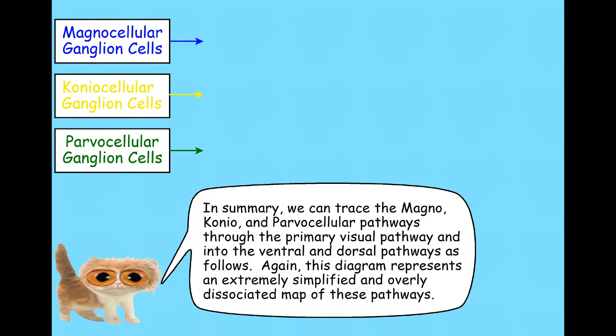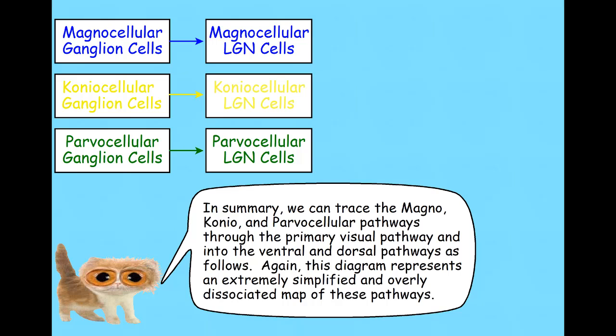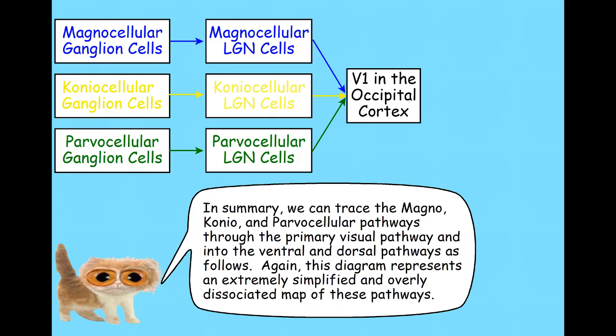So our magnocellular, our koniocellular, and our parvocellular ganglion cells form separate processing streams. They're not completely dissociated, but they're strongly dissociated. They then synapse onto different layers in the lateral geniculate nucleus, contributing to different kinds of processing. They ultimately converge, all three, in area V1 of our occipital or visual cortex, only to diverge again into two